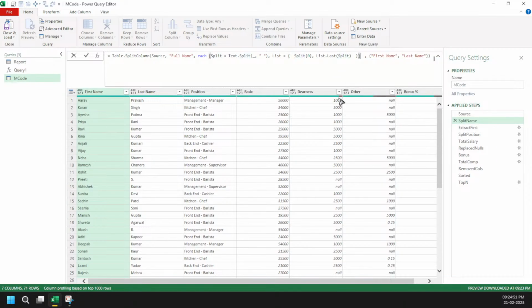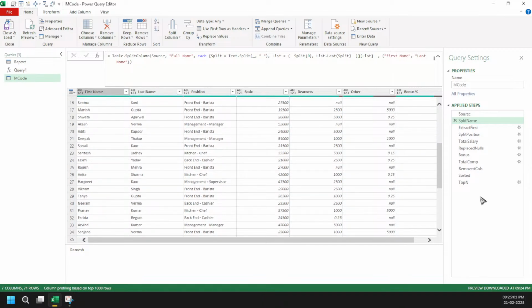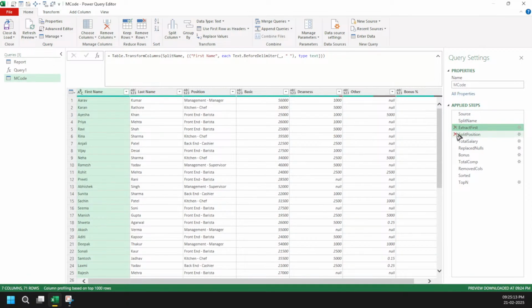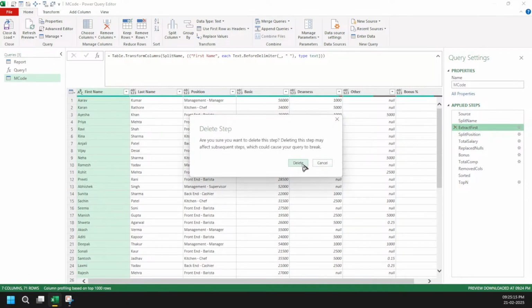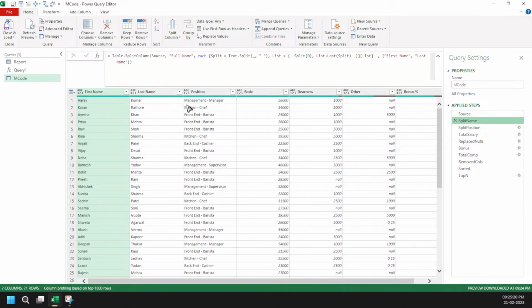The moment I do this, list, just see here, I'm getting the first name and last name. There is no middle name now. Got it? So if you just start understanding a bit of Power Query M language, your life will be much, much simpler. So that's what I did here, right? And because I don't want anything now, I'm going to remove this step. So in just one step, and let's say you have lots and lots of information, you can use something like this. Got it?